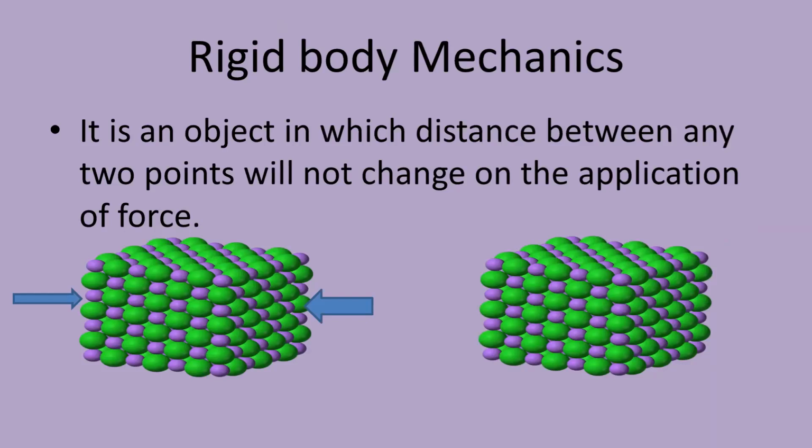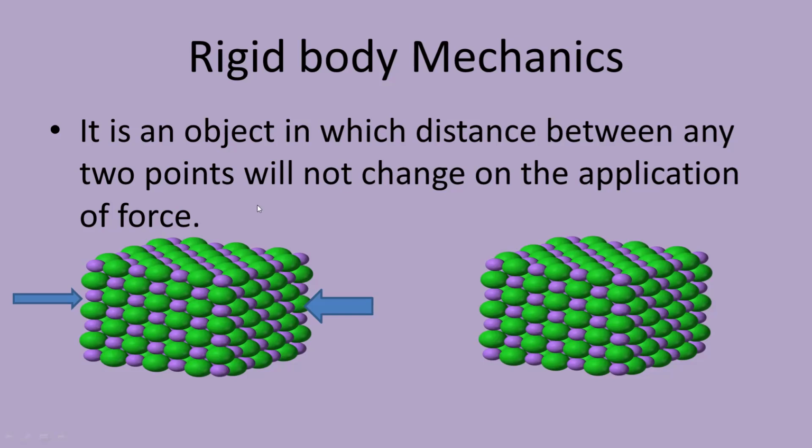So now we will start with module 1. Your entire syllabus for engineering mechanics is totally rigid body mechanics. The meaning of rigid body mechanics is whenever we consider any body for force analysis or motion analysis, we will assume that the body or object is rigid. That means if you apply a force on an object, then the distance between any 2 points will not change on the application of force. That is called a rigid body.